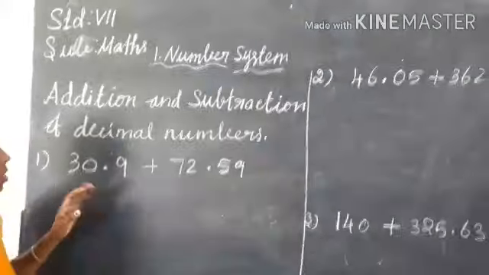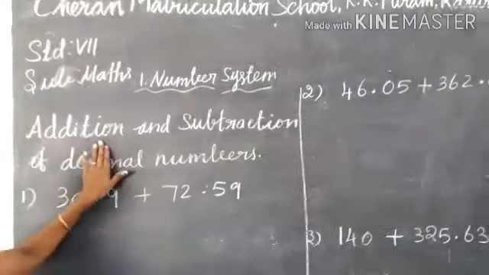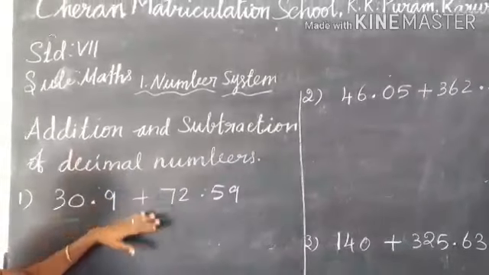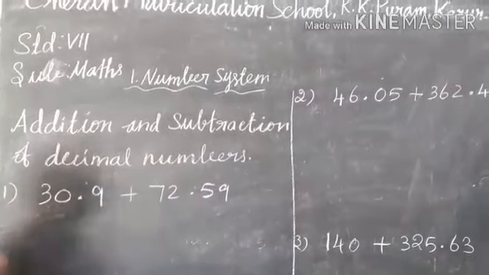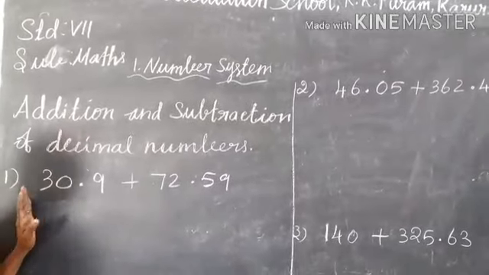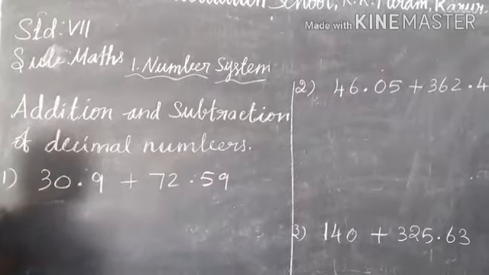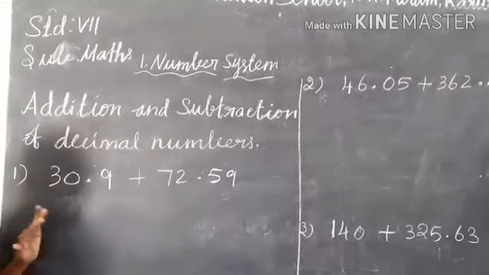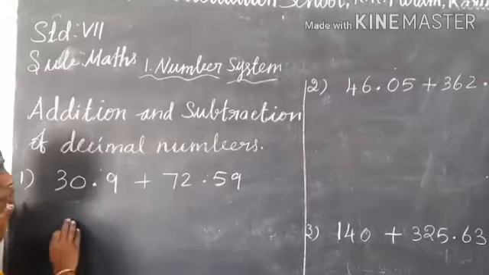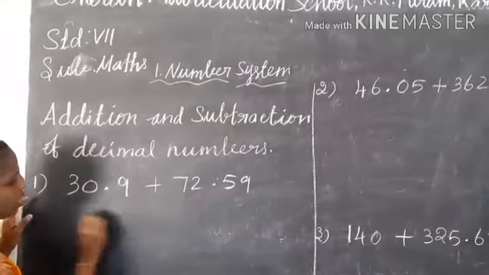Are you clear, children? Next we are going to see addition and subtraction of decimal numbers. First we are going to see about add. Okay children, for adding given decimal numbers, which is very important, arranging the decimals according to their place value is very important. First we can write the first number